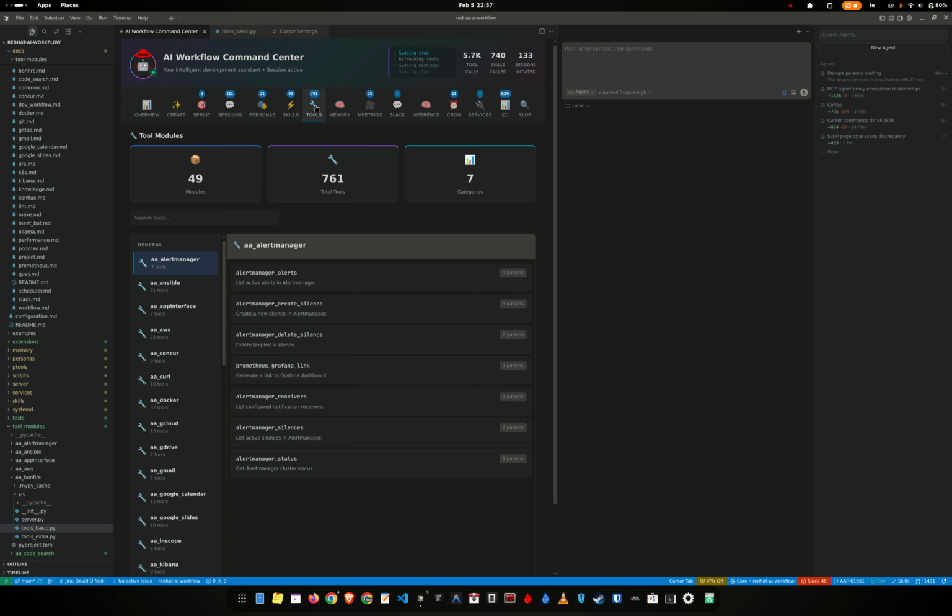Now, in my system, I got 761 tools, but I also noted that at runtime per session, I give each session or each context a specific amount of tools, and we will look at that later. Also, the second thing that you get from providing only tools to the AI is that you firewall yourself from undesirable outcomes, like the LLM deleting a file, or the LLM bringing up and down a Kubernetes cluster, or an LLM doing some Git related work that it wasn't supposed to do.